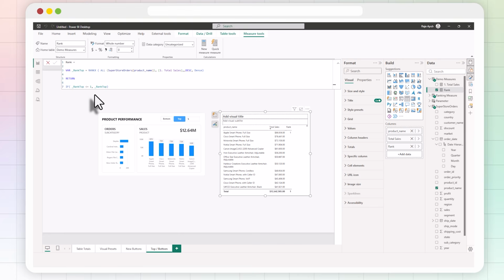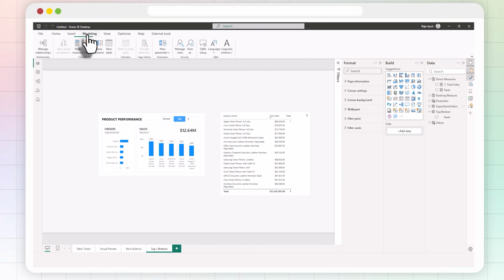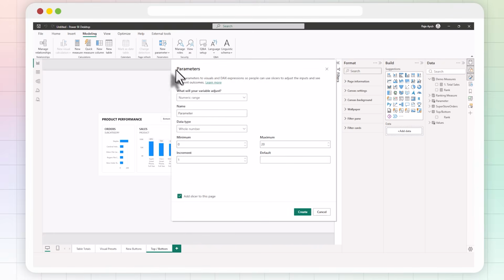Well, first, for this, we need to generate a series of numbers that we can insert. So to do this, we simply go to the modeling view, and then if we select new parameter and then numeric range, this allows us to insert a series between a minimum value and a maximum. So if we set that to 30, we'll then have 0 to 30 within a table. So let's call this input values as the table name. And then if we create this table